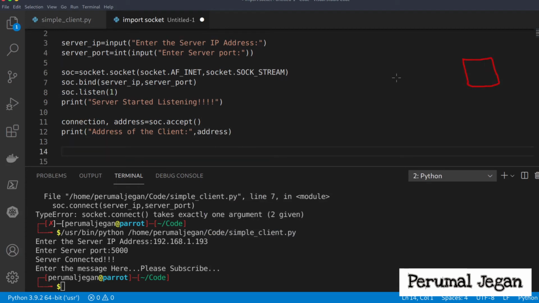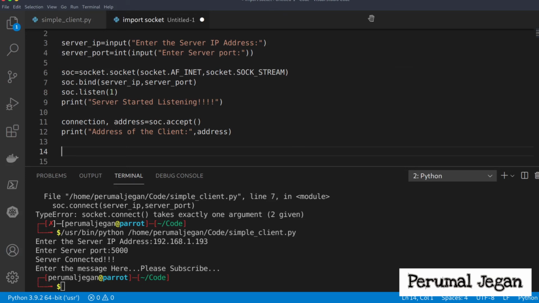Now, as I said, a socket is created and a connection, like a path, is established between client and server. So the client has to send some data and receive the response from the server. Let's assume the situation from the server. The server has to receive something from the client. If it doesn't receive anything, it has to close that connection. If it keeps receiving data from the client, then it will keep the connection open. This is the concept here.